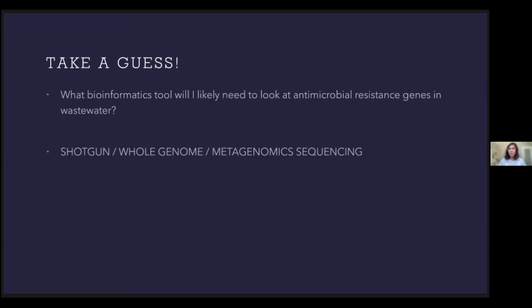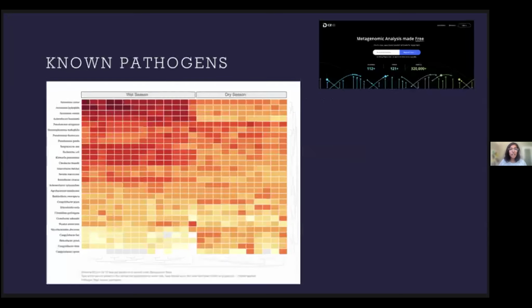The CZ ID, you can look it up. It's a Chan Zuckerberg ID platform. It will do shotgun sequencing analysis on your FASTQ files. They will do the assembly for you. I'm not getting into the nitty-gritty of the pipeline, but it would give you something that looks like this. It would give you a heat map, and you could click a filter and say, I want to look at just known pathogens. And it would give you a list of what it has been fed by the data scientists building the platform as known pathogens at that time, and provide a heat map for you.